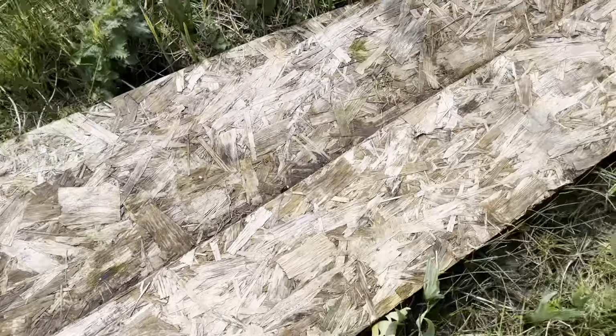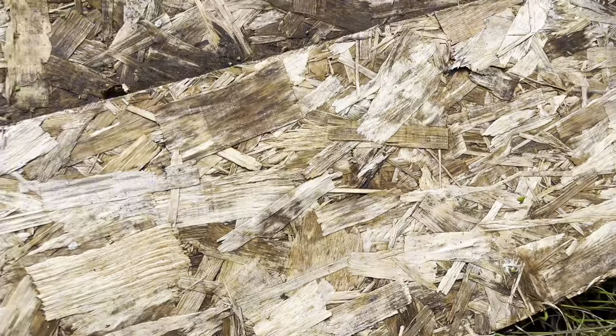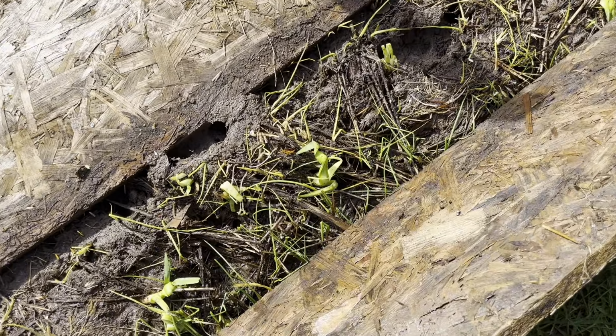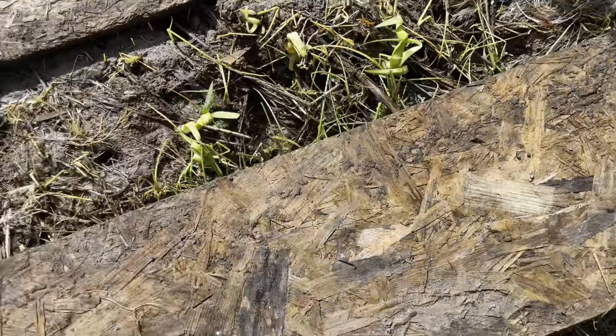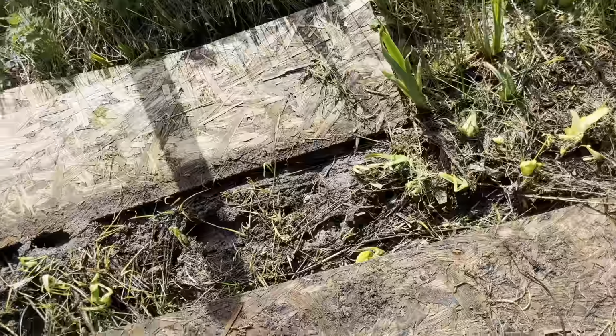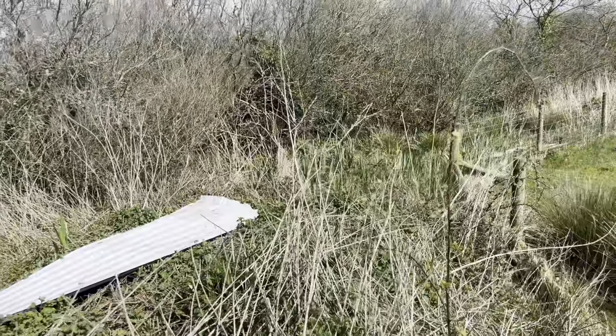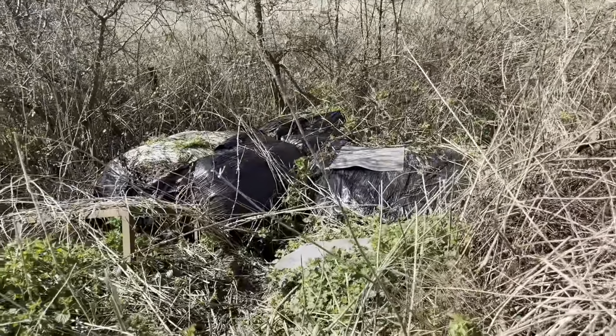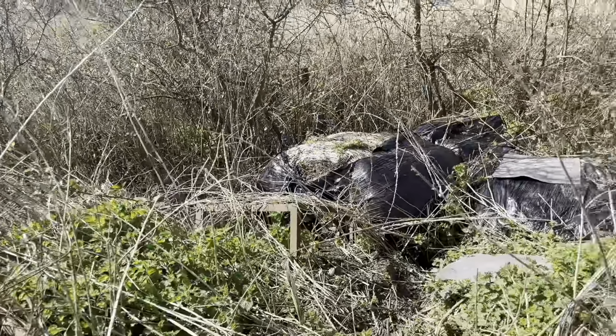I've got a few boards here. Let's see what we can get. I didn't have anything under those boards, nothing under this tin, and nothing under those pieces of felt there, but